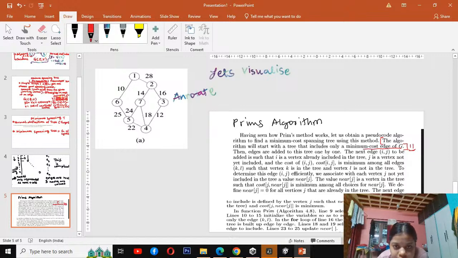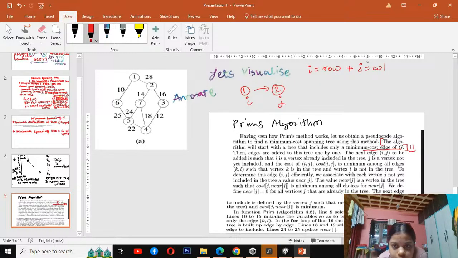Then the next edge is represented by what you can call... Suppose this is one, right? You can represent it using this. I in mathematics is represented by row and plus J is your column. So this is what it's saying to be added such that vertex I is included in the tree and J is a vertex not to be included. So I belongs to